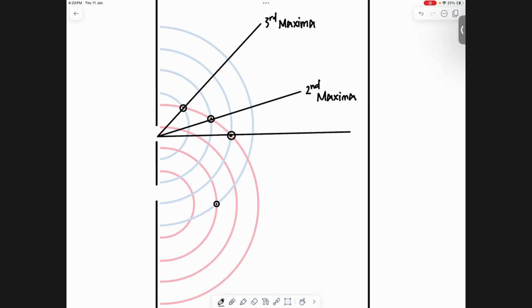And the line through the middle, like that line there, what will it be? 0. Why do I say so? Observe this point. How many blue lines reach there? 1, 2, 3, 4. How many red lines reach there? 1, 2, 3, 4. So this would have provided my what maxima? Central maxima. Do you understand the concept? Now, in your exam they will give this, but they'll ask you to find the